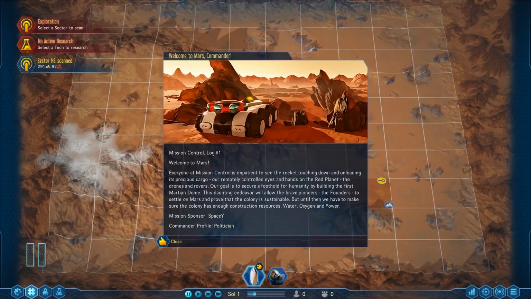Welcome to Mars. Right, welcome to Mars, Commander. Mission Control Log 1. Welcome to Mars. Everyone at Mission Control is impatient to see the rocket touching down and unloading its precious cargo. Our remotely controlled eyes and hands on the Red Planet, the drones and rovers. Our goal is